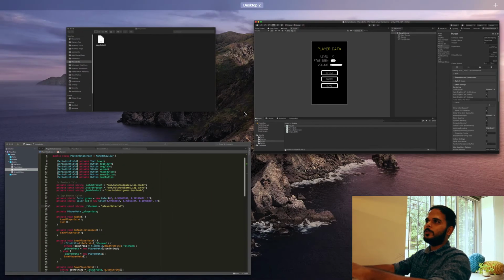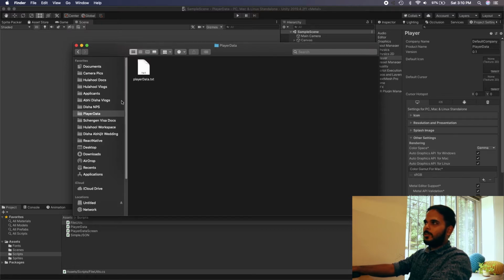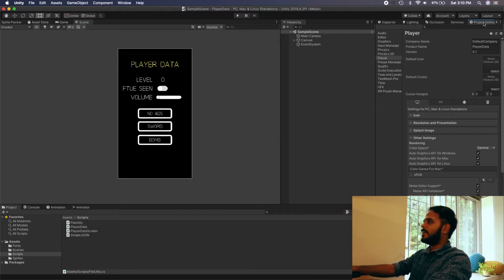So now if you go into this player data folder, on Mac, you can find the persistent storage under Library, Application Support, then the name of your company in the project settings. So if you come to Unity and go to project settings, we have this company name, which is default company, and we have a product name, which is player data.